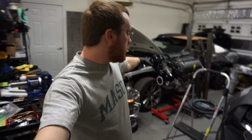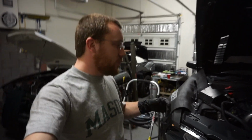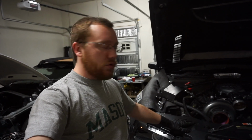So if you've been following along with the Frankenstein Coyote build, we are now at the stage where the motor is done and we're going to go ahead and start swapping it. I'm not really going to show you every step of the way, but try and show you some of the more important steps, as well as point out any difficulties that I have, because this is my actual first time ever pulling the motor out of this car